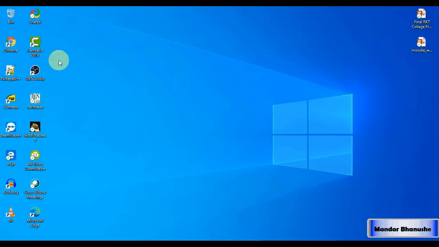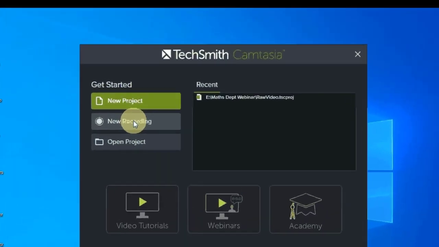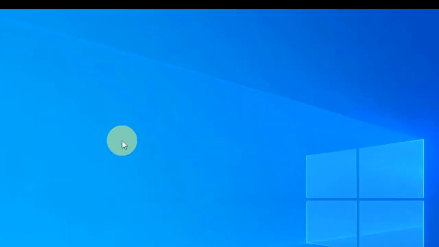Friends, now we shall see how we can do screen recording using Camtasia software. So let us double click on the Camtasia software application. We can either select the new project option or you can directly go to new recording option. Let us click on new recording